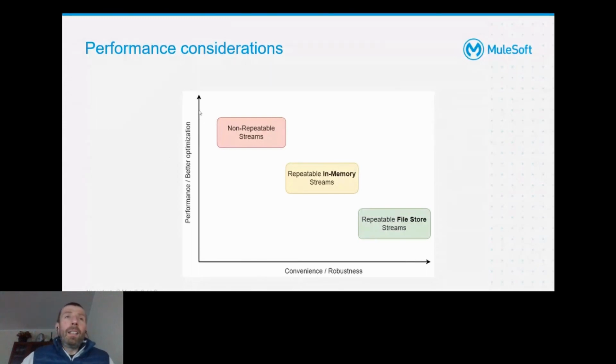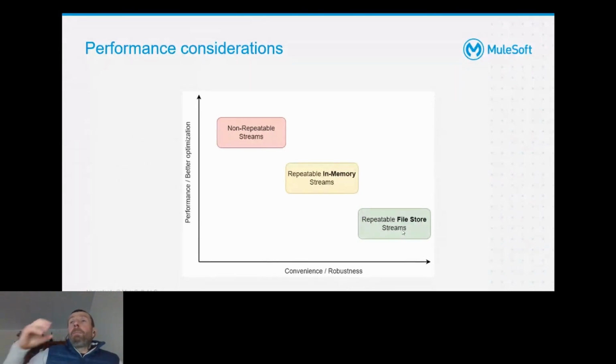And on the vertical axis, we have performance and better optimization. Non-repeatable streams are definitely very performant, but they're not that convenient, in the way that we need to remember and obey the limitations. On the other hand, we have the repeatable file-store streams, which are quite convenient to use and are the default,